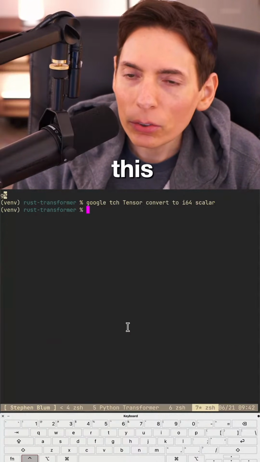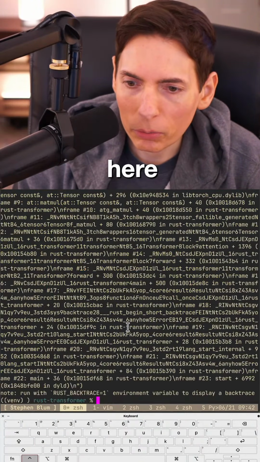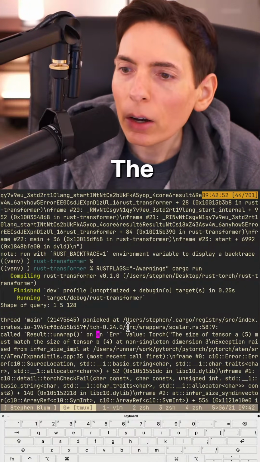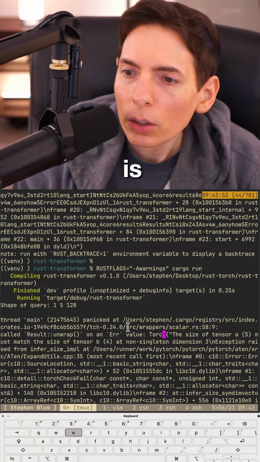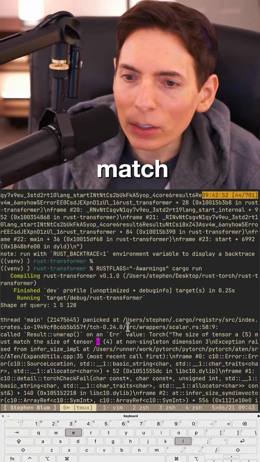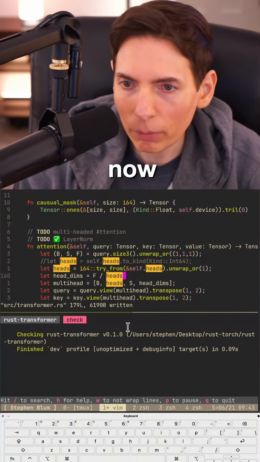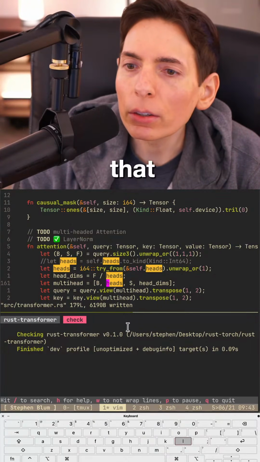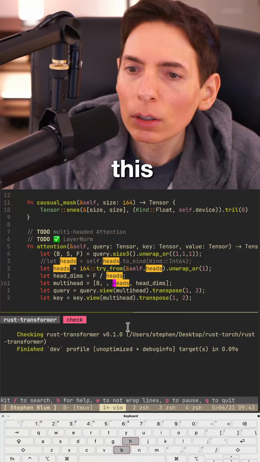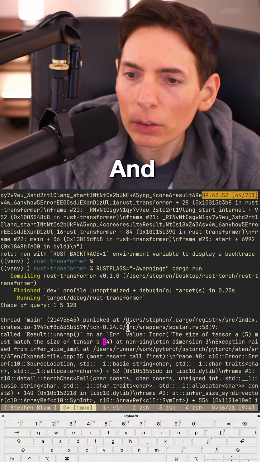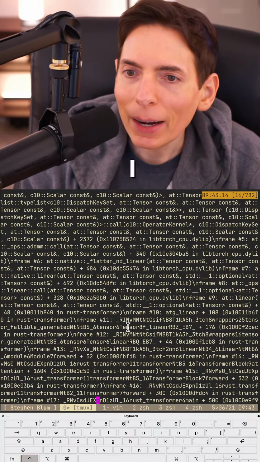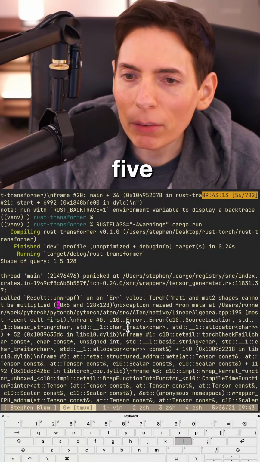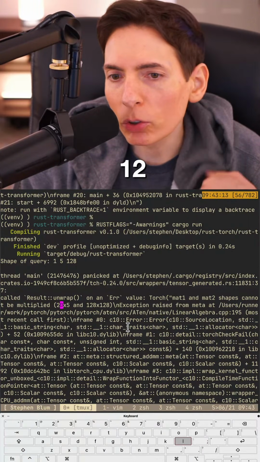Okay, so we're still at a broken spot here. One second. It should still fail. The output tensor is size of 5, match tensor. See, this is getting weird now. I don't think this is correct. I think I need to change this back. Where is this at here? I need to switch this and this. Let's try this again. All right, so I need to have a 2D matrix there. 20 by 5 and 10, 20, 120, 120. Okay.